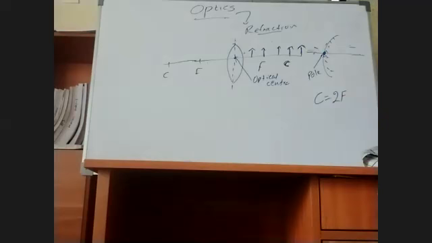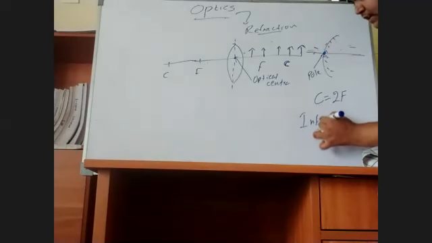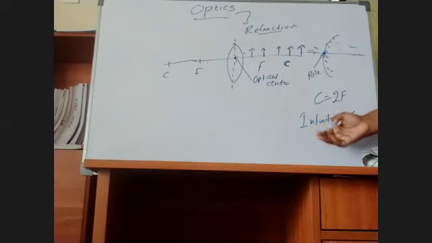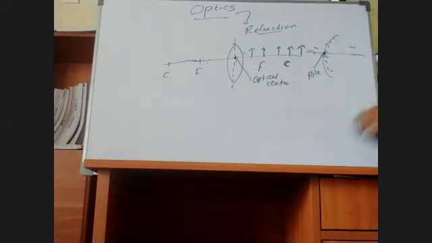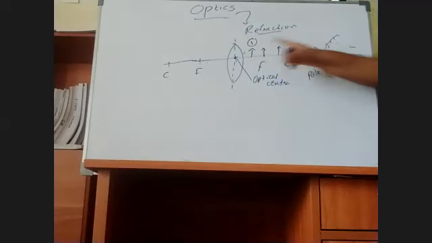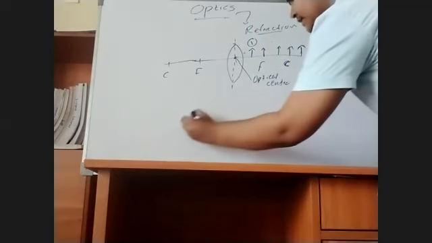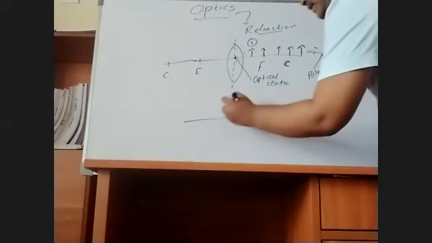Also there is a term called infinity. Infinity means that if the distance where the image is formed is greater than four times the focal length, then we say that the image is formed at infinity. Okay. Now we are going to draw ray diagrams for each case. First we'll consider this one. The object is placed between the focal point and the optical center. Yesterday also we discussed this.